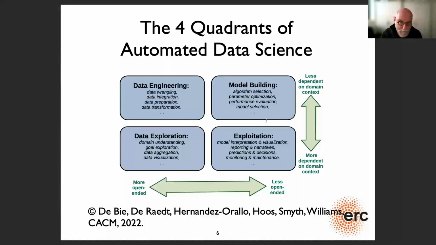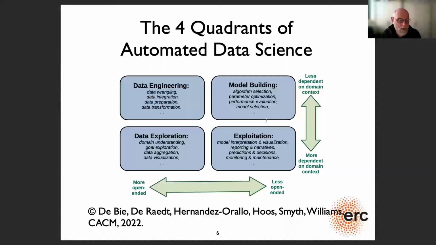Now, if you look at these 4 quadrants, then there's like 2 dimensions that matter. On the one hand, there is the dimension where you can have more or less dependency on domain context, on domain knowledge, so to say. And you'll see that when you explore the data, also when you exploit your models, there is typically a strong influence of the domain that you're working in.